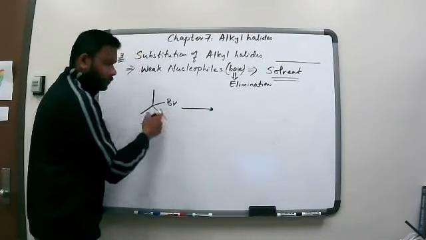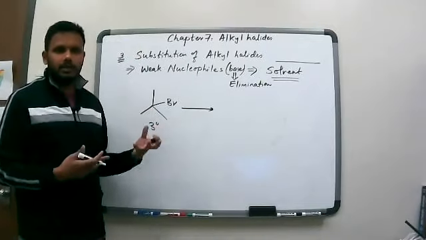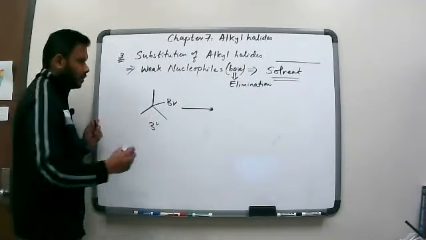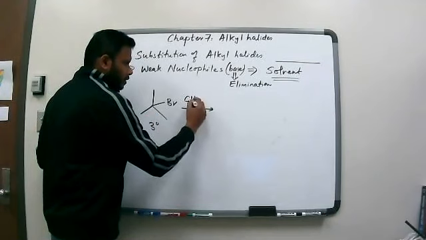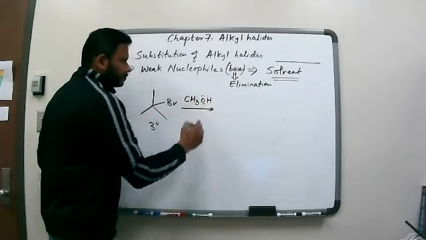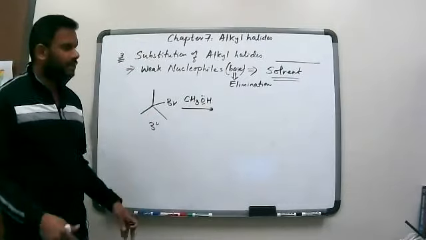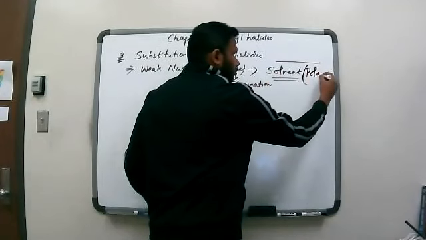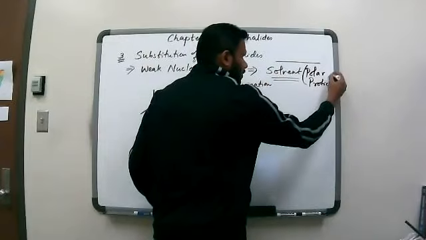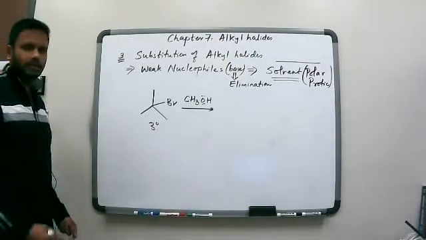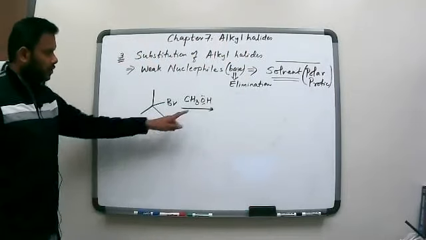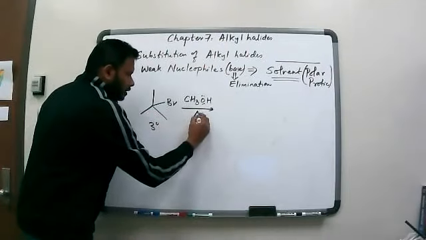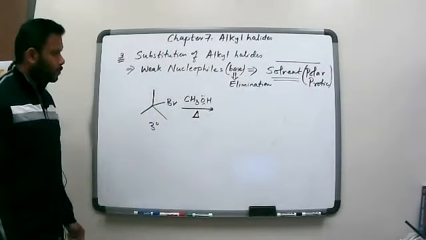Now, for something like this to do an elimination, what we know is it needs a strong base. So if we take this tertiary alkyl halide and put it in methanol, I'm just using a very simple solvent. In most instances, this solvent is polar protic. These are the best solvents for this kind of reaction, the solvents that really help it. So methanol is a polar protic solvent. If I take this tertiary alkyl halide in methanol and I heat it,